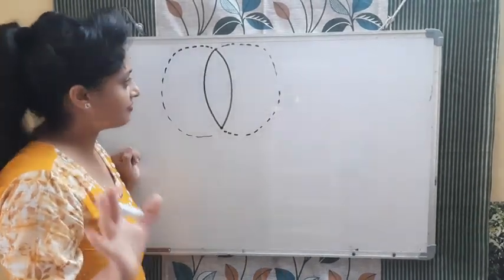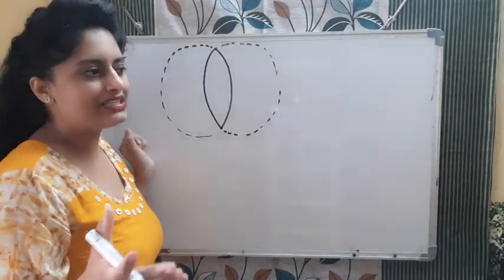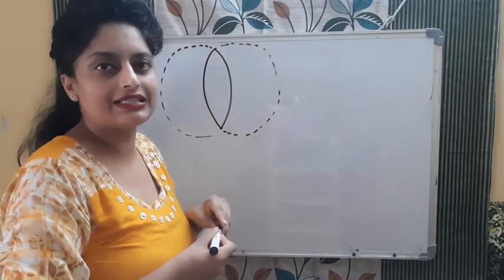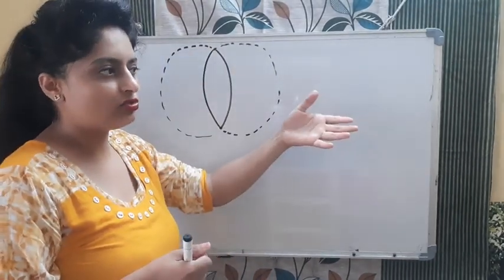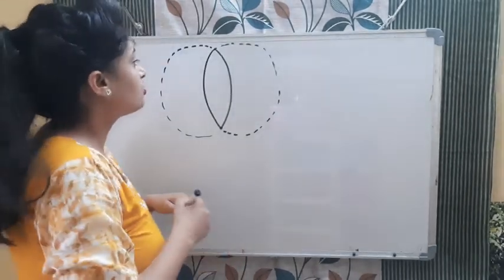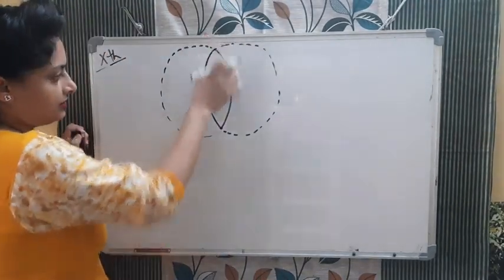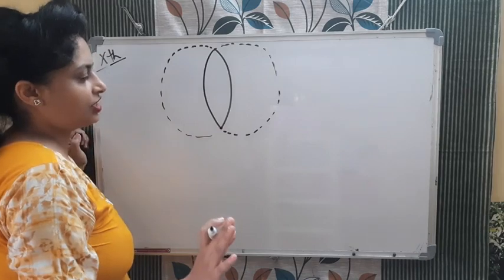two spherical surfaces, transparent. Transparent means that you can see clearly from both the sides and light can easily pass through that. Okay. So now see, the terms associated with this convex lens.